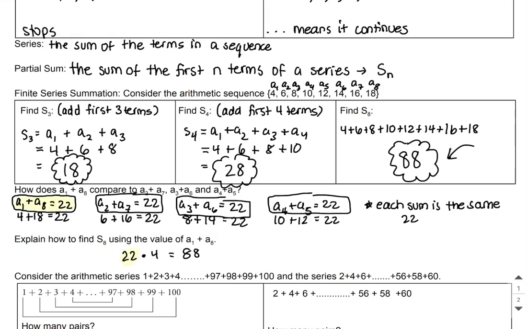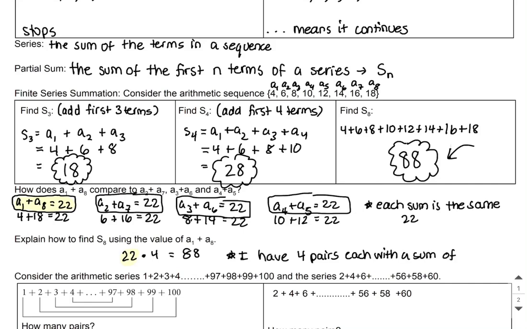That's my entire sequence added together. And really what I have here is 22 4 times. So I have 4 pairs, each with a sum